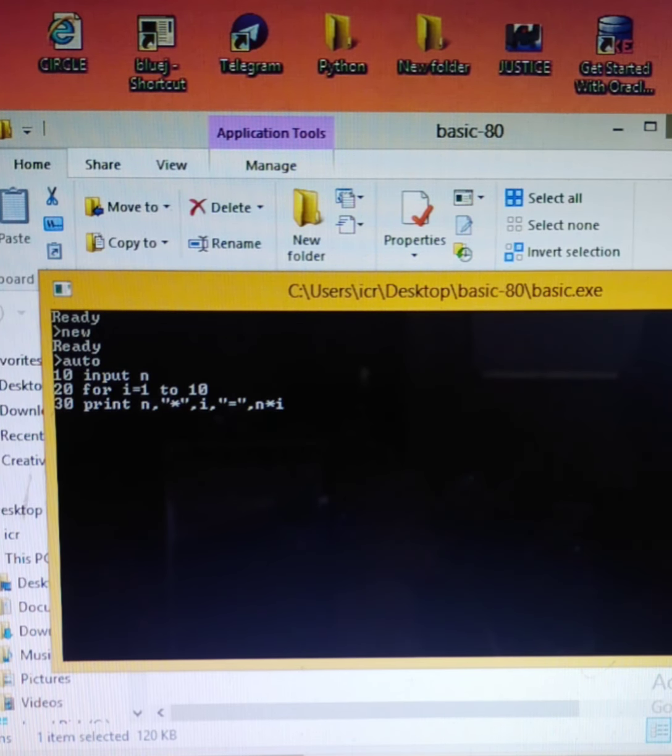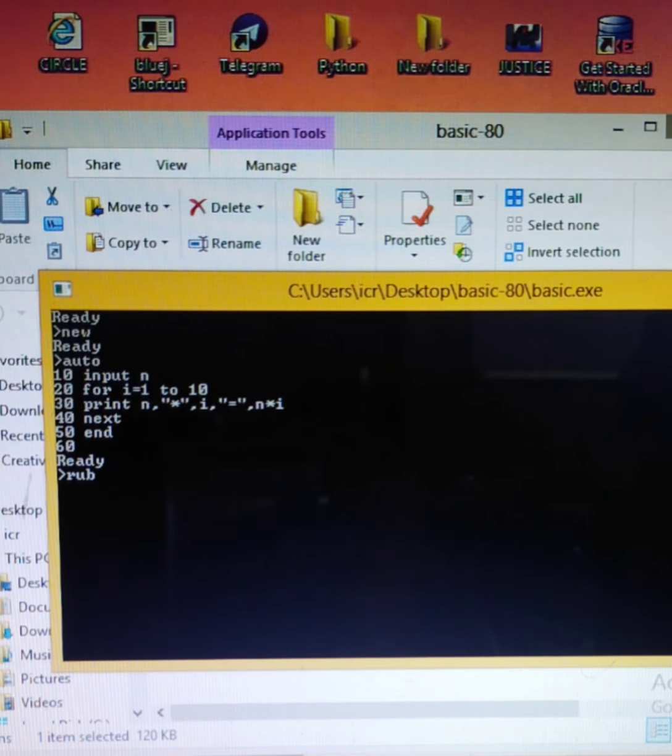Look at this, what I am writing on line number 20. Print, where I am printing n, the present value of n, whatever the user has given, like 7 or 8. Then after the comma, inverted commas will print the multiplication sign, which will be printed as it is on the screen. Then after the comma I am printing I, the present value of I, which is 1 or 2 or whatever it becomes. After the comma I am writing is equal to, so that it is also printed on the screen. And then after the comma, n into I. Then comes next.